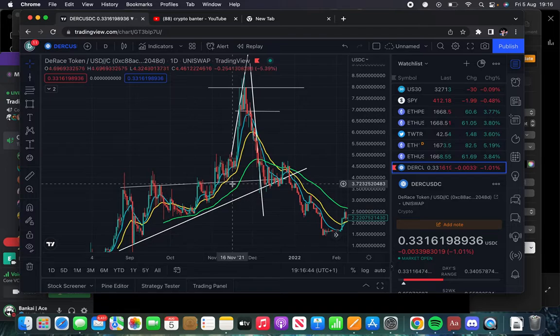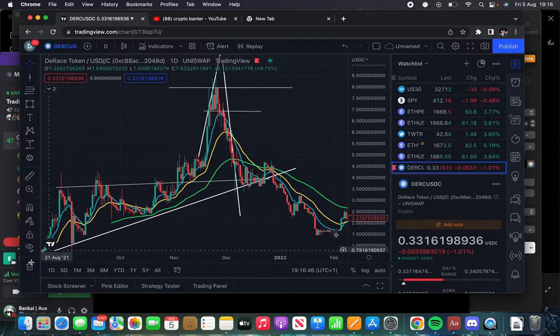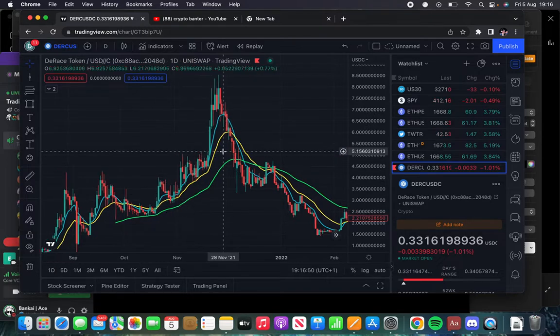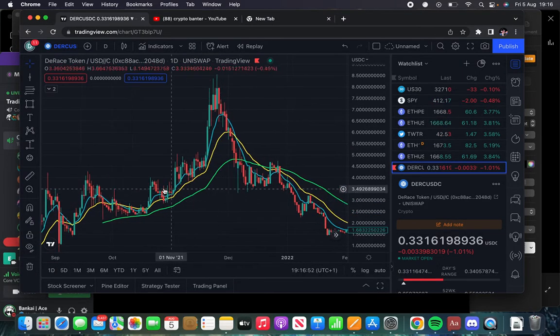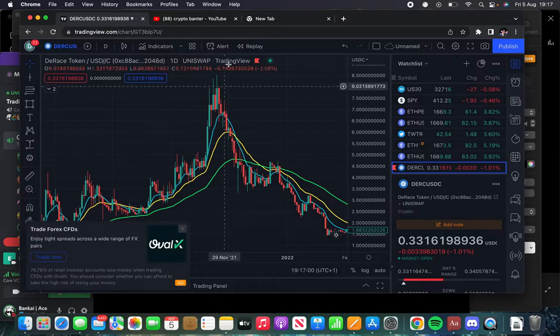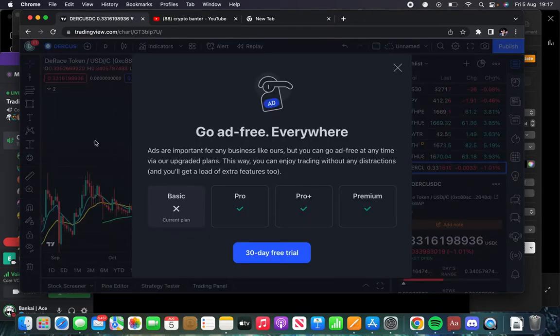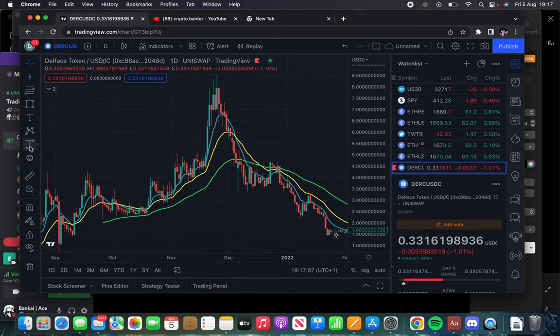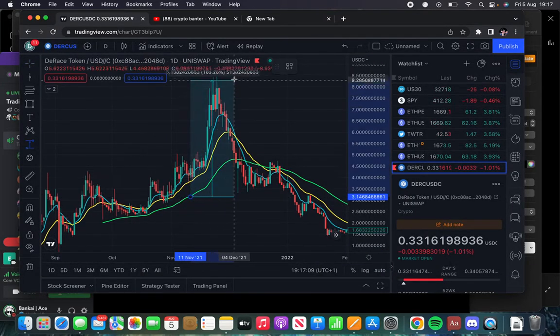Okay, yeah, this is the kind of TA I was doing back in the day. Gosh, that's wild. Let me get rid of that. So D-Race, I bought this coin around $350, right around here, right? And I remember I literally watched this whole pump right up to here. I mean, what kind of move is that? That's about